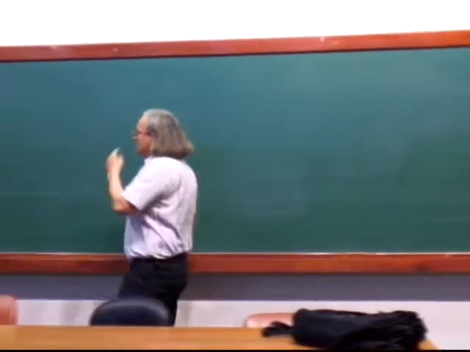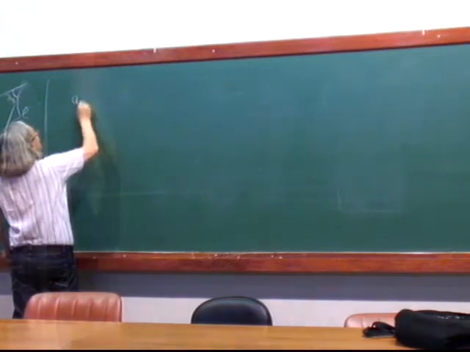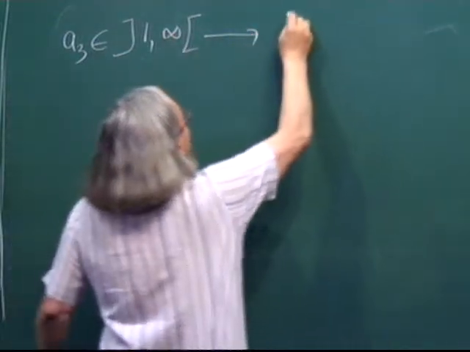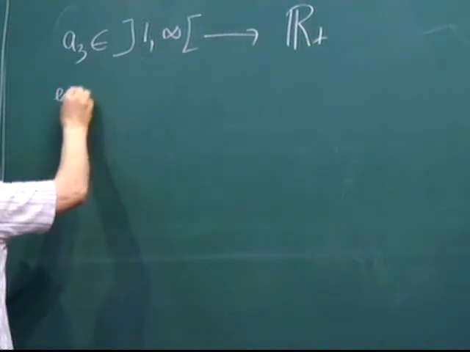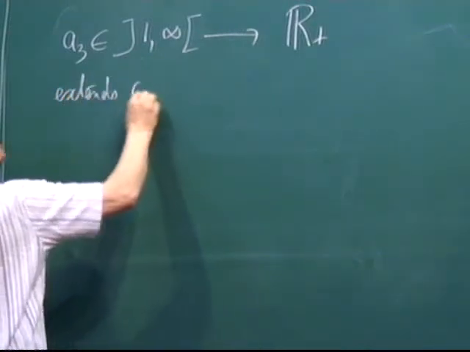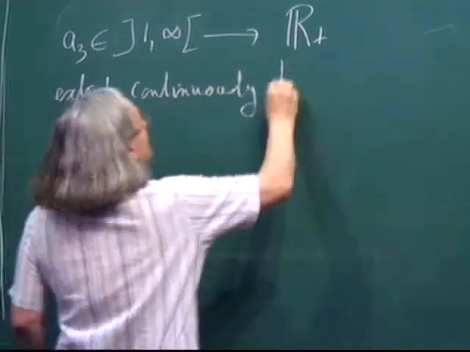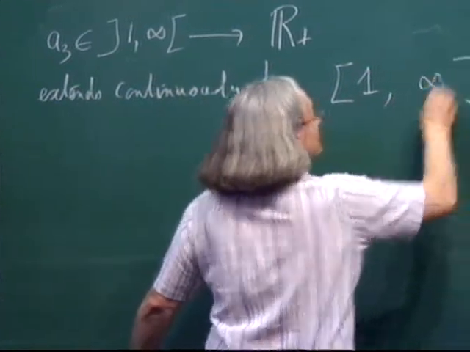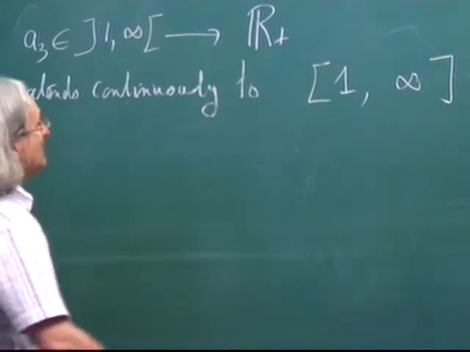This is just a simple observation that the map A3 belonging to (1, infinity) to R, given by this formula, extends continuously to [1, infinity] closed, and the extension maps